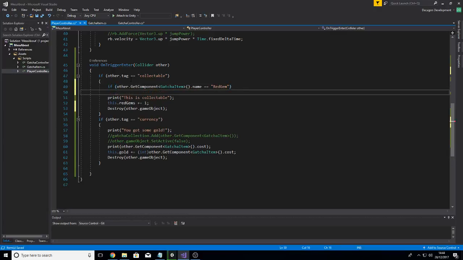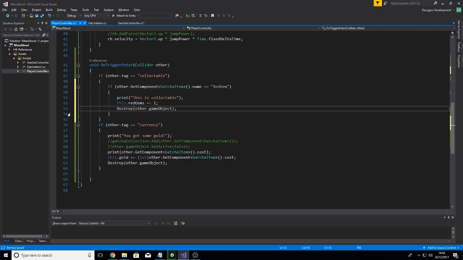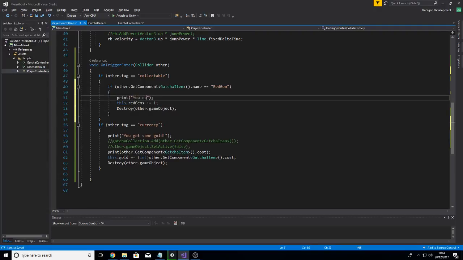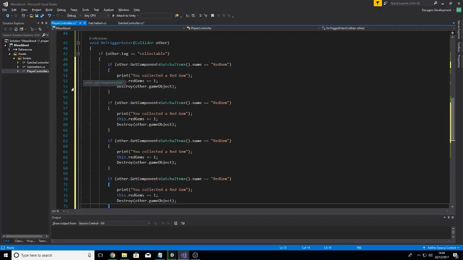Then we want to literally grab these and print, let's say, you collected a red gem. Then add a red gem to it, blah blah blah. Now, there's a lot of if conditionals and faffing about, but we'll just get there as a thing. This may not be the best way of doing it, but I'm